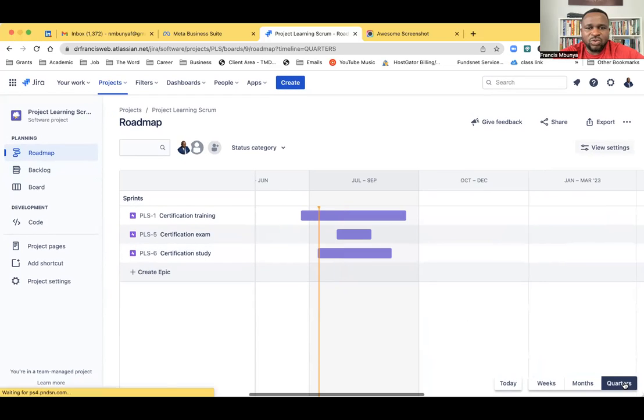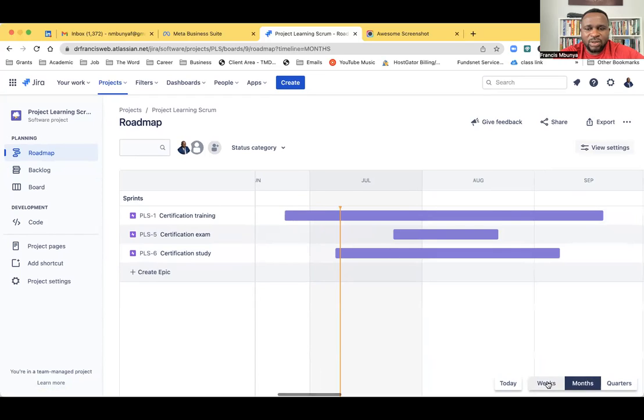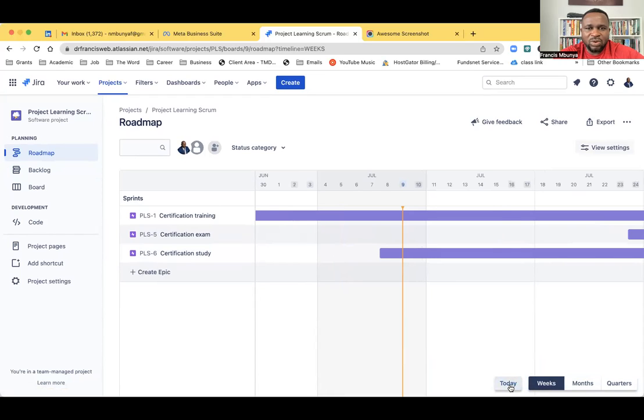You see, I can also do quarters, I can do months, I can do days, I can do all of this. So all of these, if you don't have access to these, then you definitely